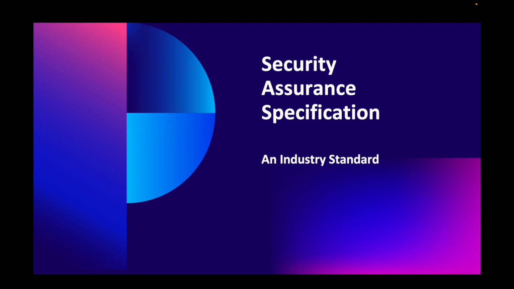This security assurance specification is much newer than the license compliance one. In fact, we only released it this year, 2022, so it is currently a de facto industry standard. It's an industry standard but it's not yet an ISO standard. We expect it to probably become an ISO standard in around middle or late 2023. However, it is ready for adoption right now as a de facto standard, and when it becomes an ISO standard, anyone using it will automatically be using the ISO standard as well.